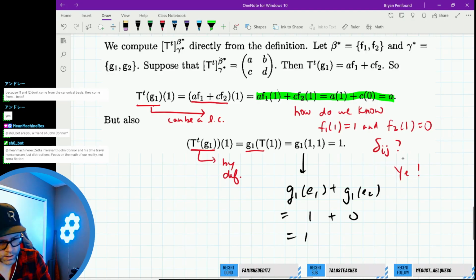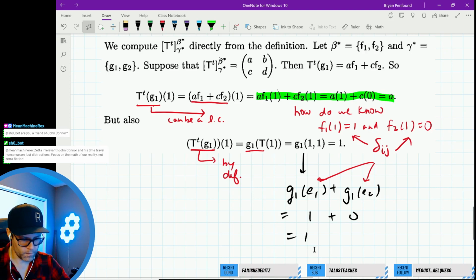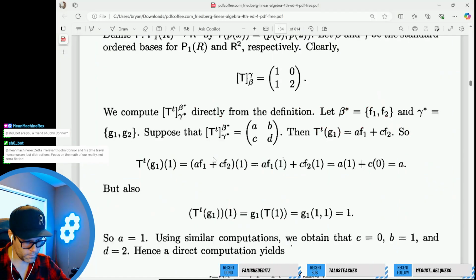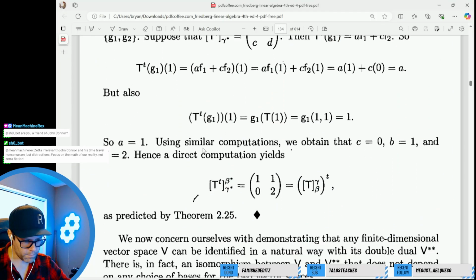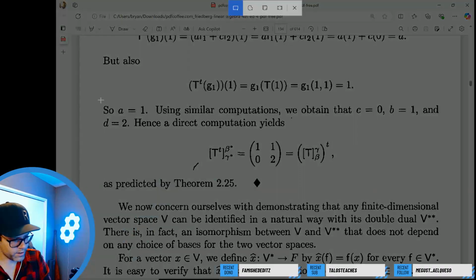So we are using Kronecker delta here, here, here, and here. Okay, and then the similar computations would get us... So I'm going to leave that for me to try to make sure that I understand what is